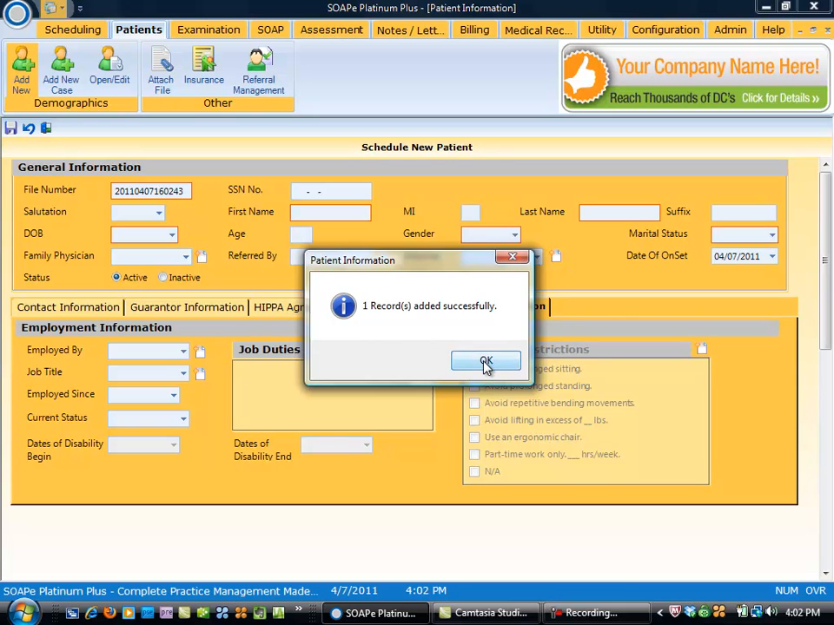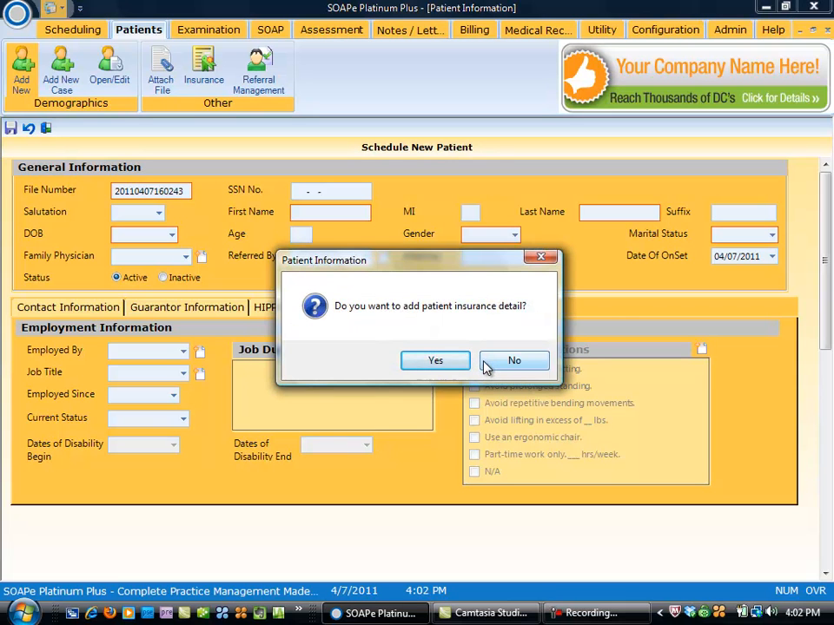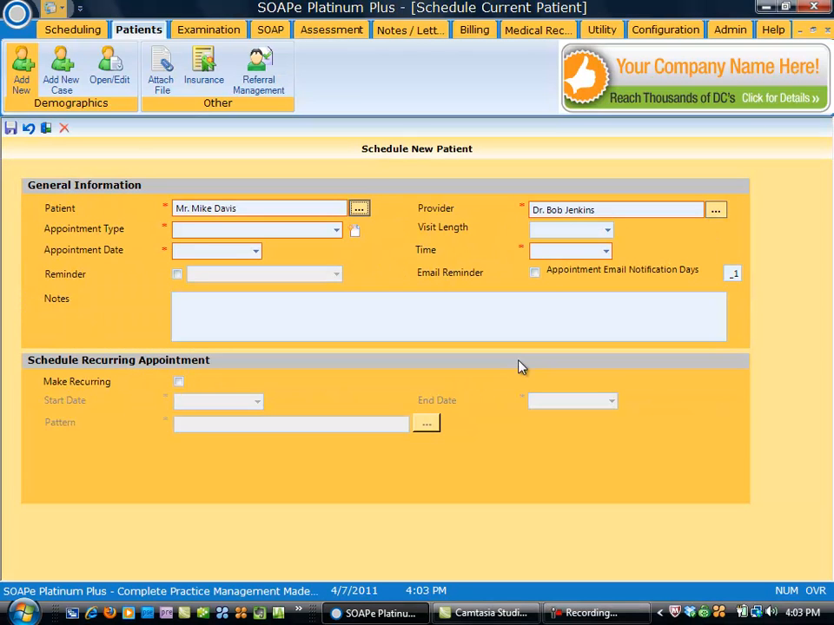And we'll get a confirmation that our patient has been added, and as always you'll get a prompt asking you if you want to add the patient's insurance detail. So for this demonstration we're going to say no, and you are given the opportunity at this point to schedule the patient an appointment. So if we don't want to schedule the patient appointment, we can just ignore this and move on to the